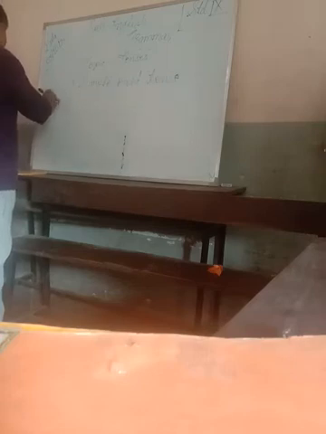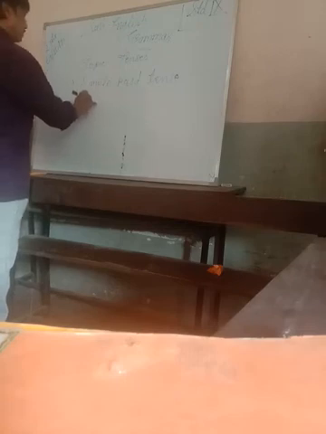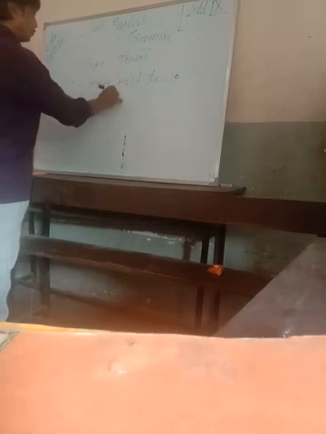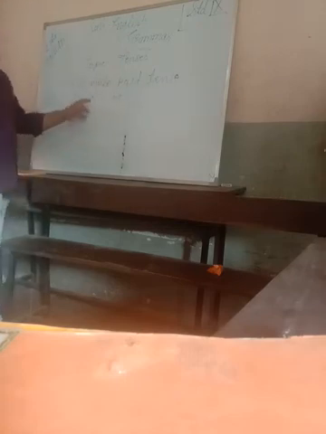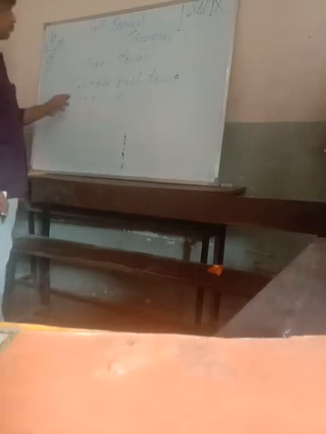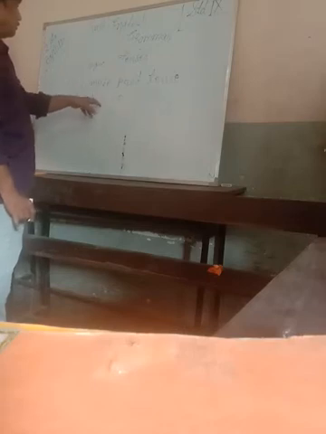Now we are going to learn this with the help of the formula. The affirmative formula first of all: subject comes first, plus V2, plus object. V2 means the second form of the verb. As you know, there are three forms of verb. So in the simple past, the second form of the verb is used.